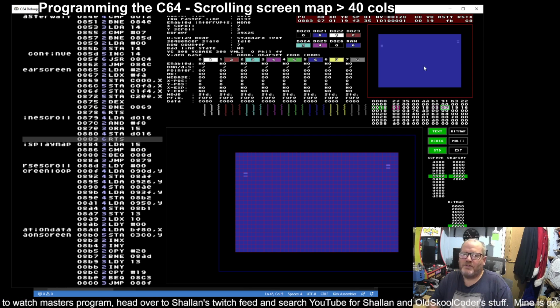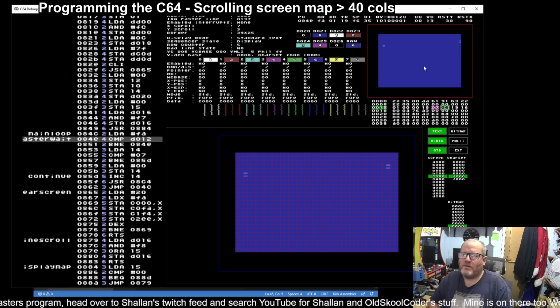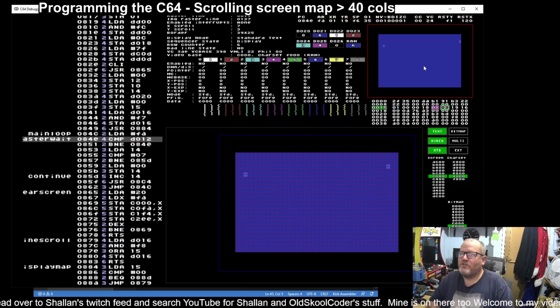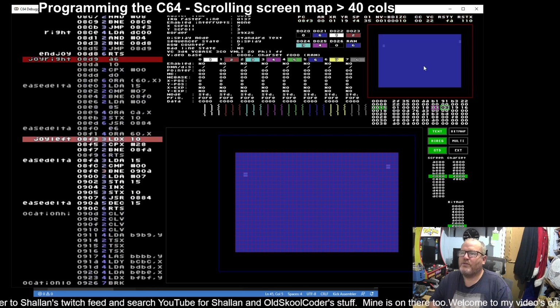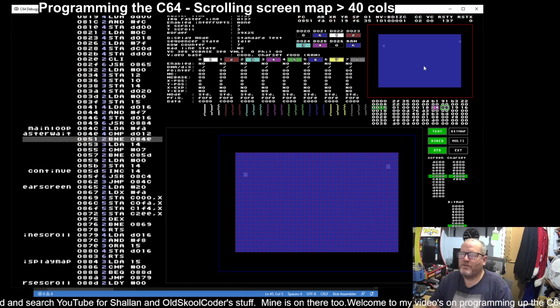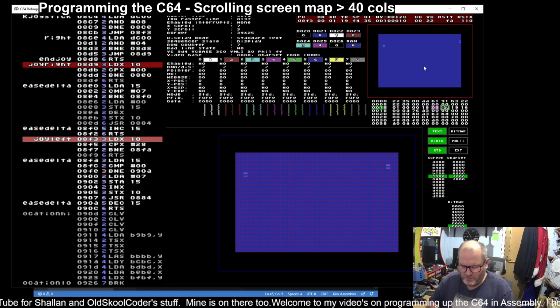And the X scroll's at 7. Interesting. Look, the X scroll's not moving. Did the first time. So